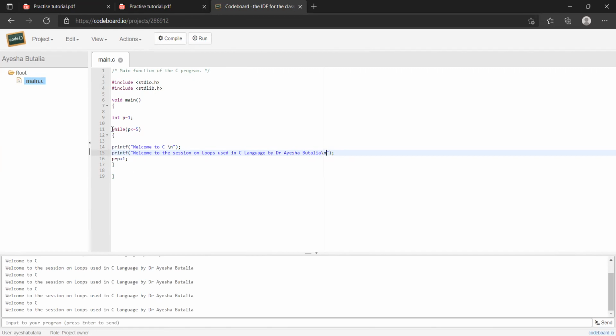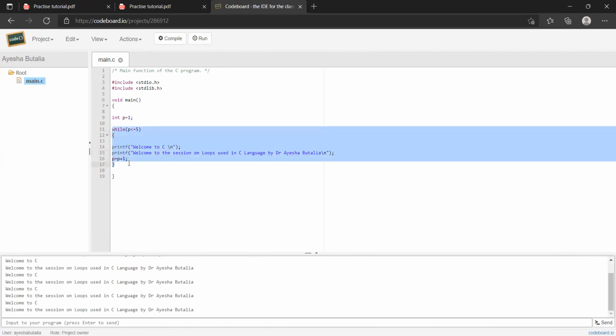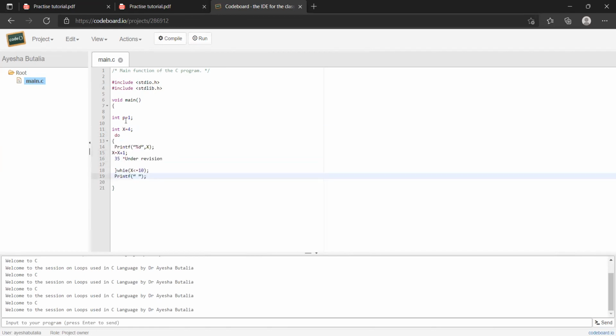Okay. Now we'll write the code for do while. int x is equal to 4. Now your x is capital. So everywhere the x should be capital because C is case sensitive. Here I'll do the indentation, because if you write the code properly with indentation and there is an error, you easily get it. So if you want to become a good coder, your indentation should be proper.